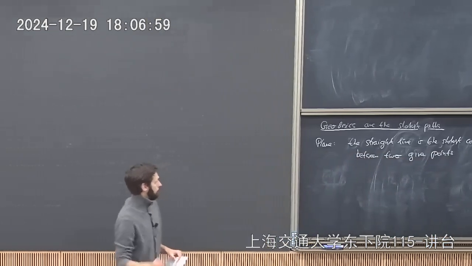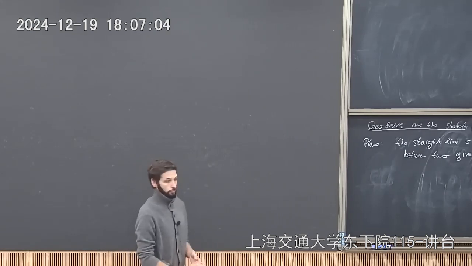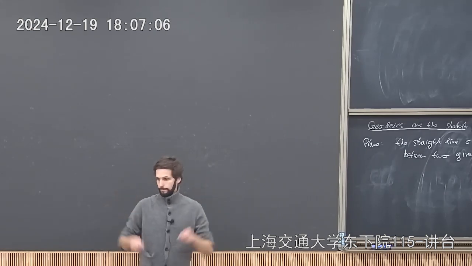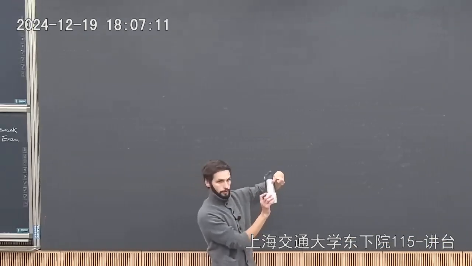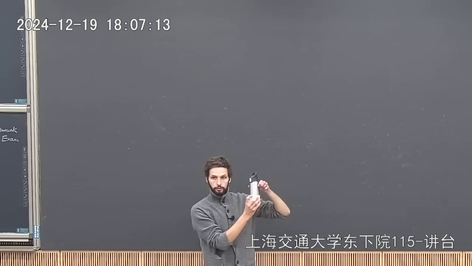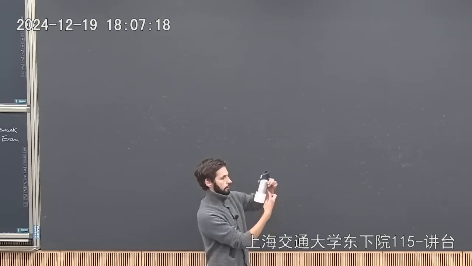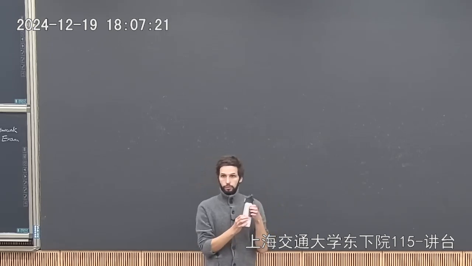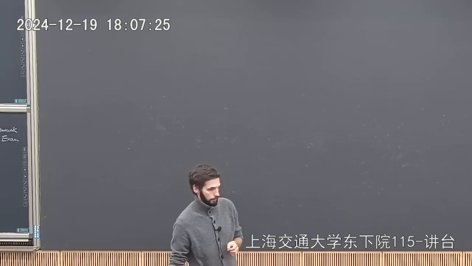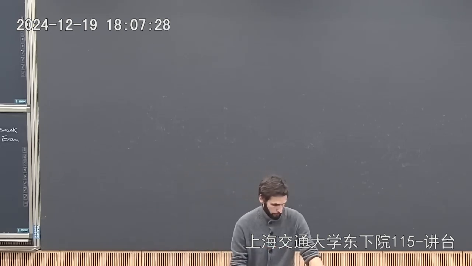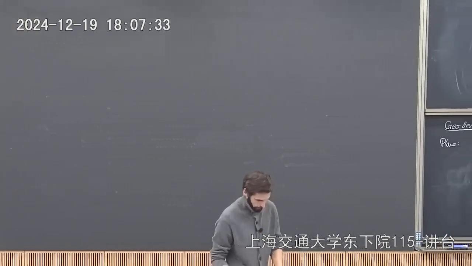So the question would be, what is now the similar answer on the surface? Where I give you 2 points on, say, the cylinder, say this point here and this point here. What is the shortest path? Is it going more this way, or do you go around it? So what is the shortest path between 2 points on the cylinder, for example, or on way more complicated surfaces? That's the question that we would like to answer.